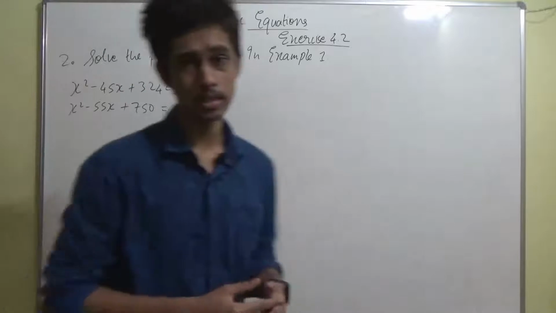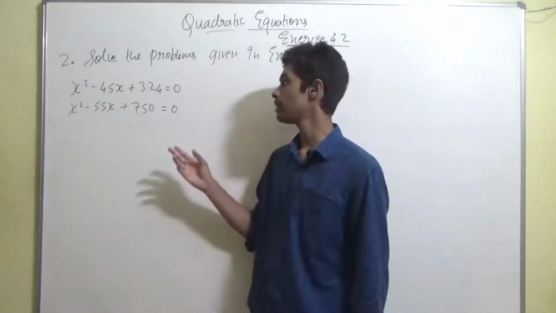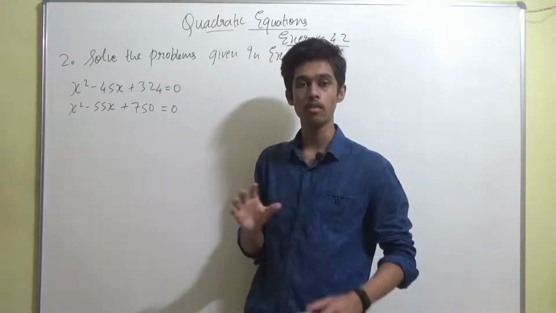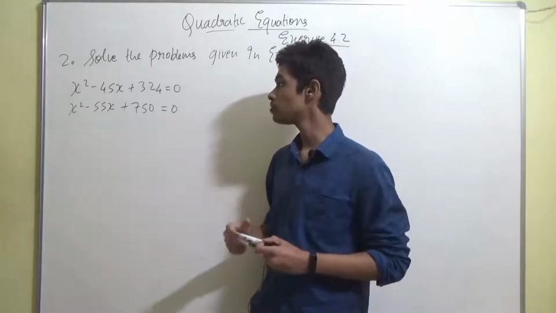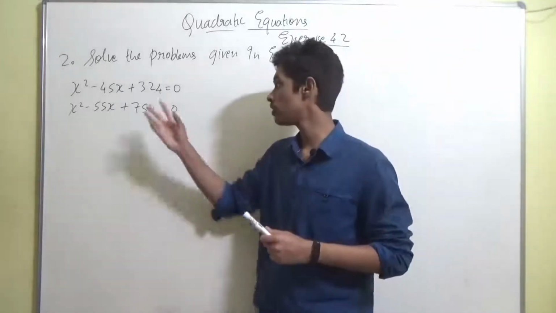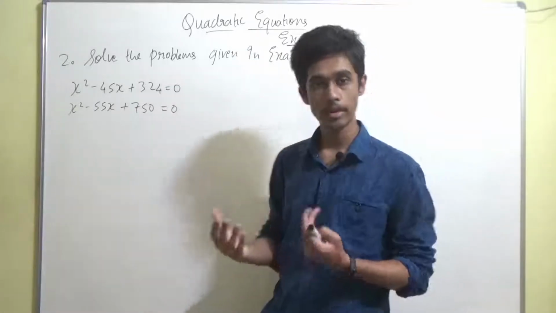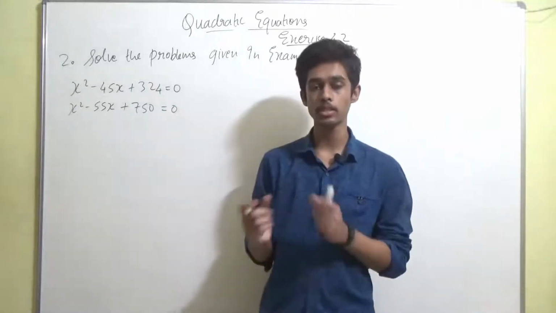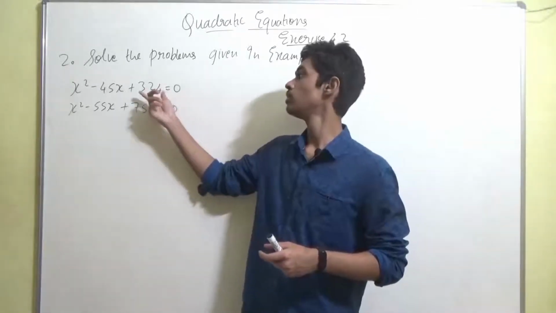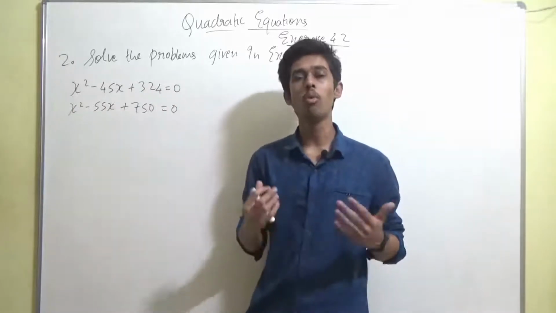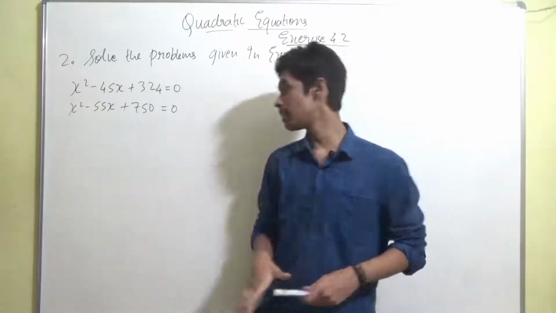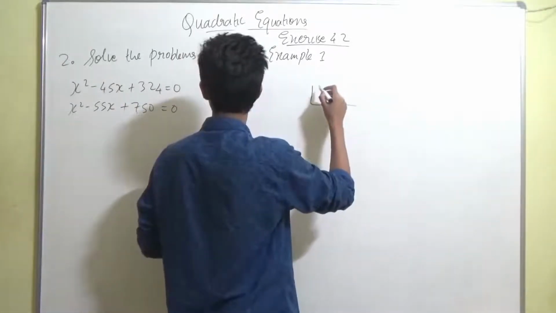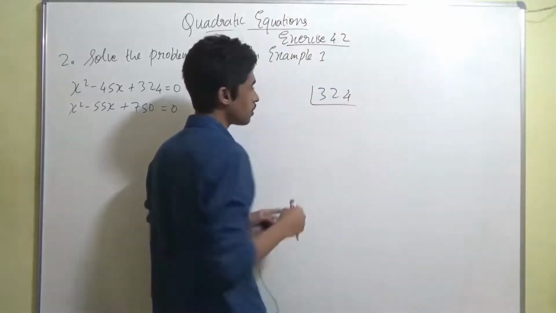Now in these 2 equations, if you see, guys, a bit different than what we have solved till now is that the terms are very large here. Getting it? Till now we used to solve relatively smaller terms. You might not know multiplying what into what you will get this term, right? Because that's how you are going to find the factors, by splitting the middle term. You won't know how to split the middle term because you won't know which number multiplied by which number is going to give you the first term multiplied by the last term. So what will you do for that, guys? There is one method. It's a good method, guys. It is effective. So the thing is that you have to factorize the number.